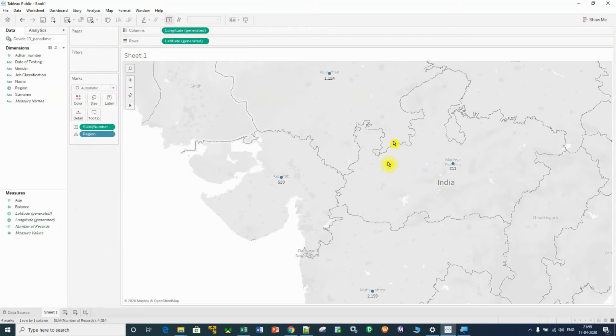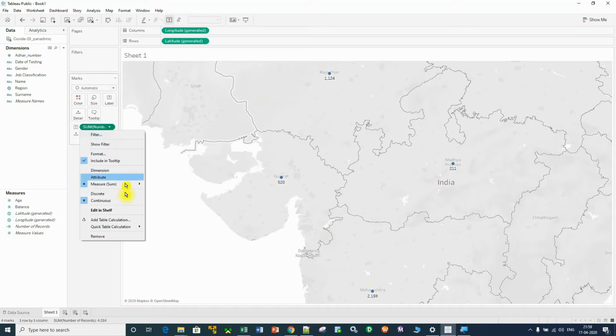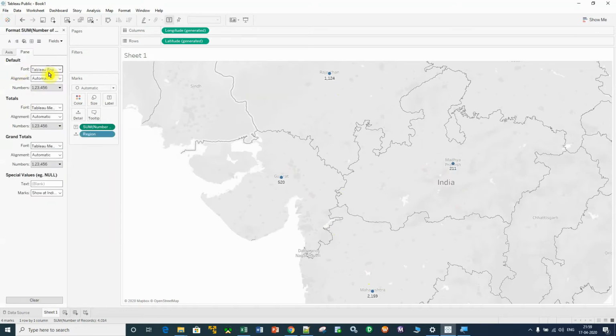Now you can see that these numbers are present on the map, on the respective states, but they are not clearly visible, right? So click here, click on format. Now we'll edit the text value, make it 12, make it bold, and make it black.